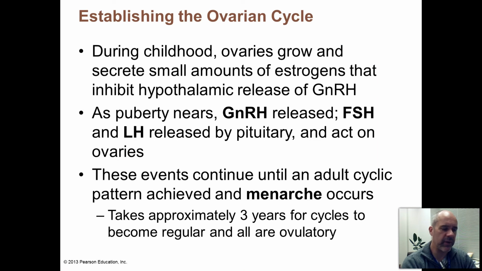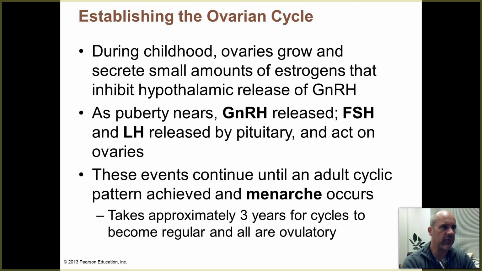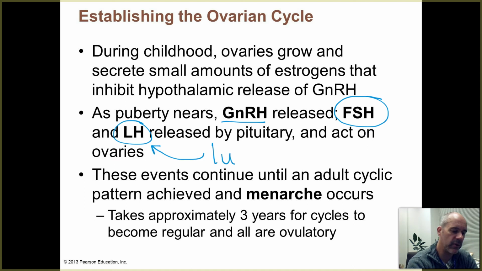Okay, so what hormones are going to be involved in establishing and controlling this ovarian cycle? Several of them are the same ones that are involved in the male. We've got GnRH again, gonadotropin releasing hormone, which is secreted by the hypothalamus, travels down to the anterior pituitary. The anterior pituitary secretes FSH and LH. FSH stands for follicle stimulating hormone, and that name makes a little more sense in the female than the male since we're talking about these ovarian follicles. And then LH stands for luteinizing